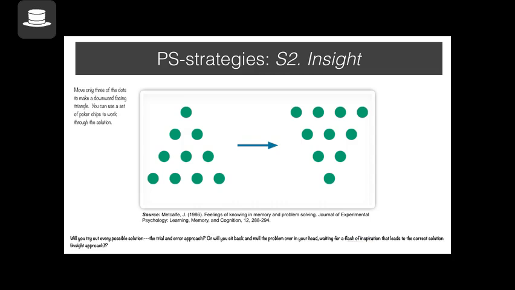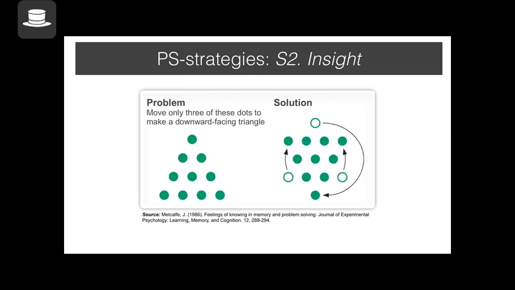So the actual solution for this problem is this. You're moving only three dots. The first dot you move, you bring it here, right? And you move the other dots, one here, the other here, as shown in this particular picture over here. So now, if you thought about it for a while, you'll certainly come up with an answer